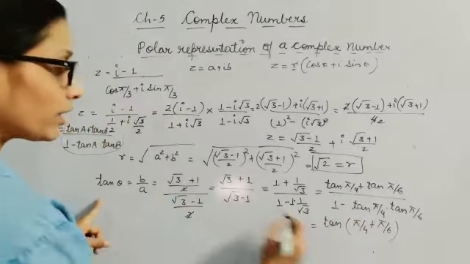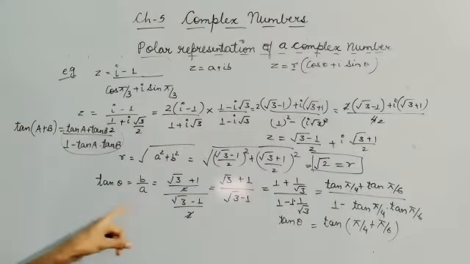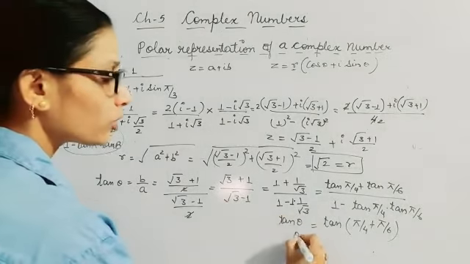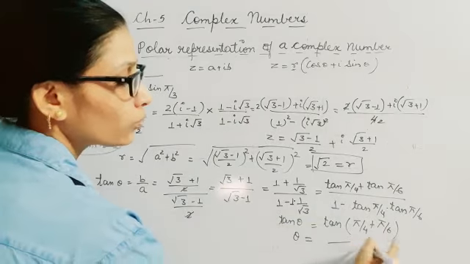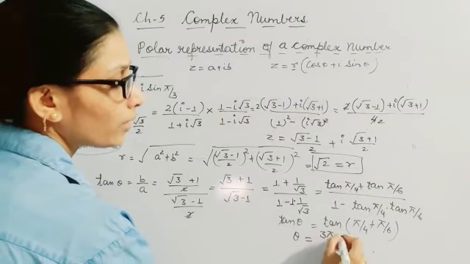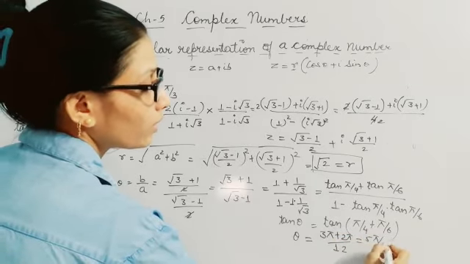So here I am getting it as tan theta. Now if we take tan inverse on both sides, then these get self-adjusted and you will just be getting theta is equal to, you can take the LCM, here it will be 3 pi plus 2 pi, that is 5 pi by 12.